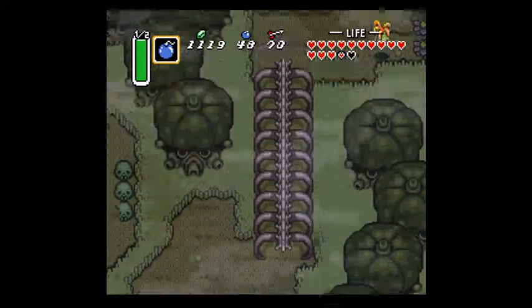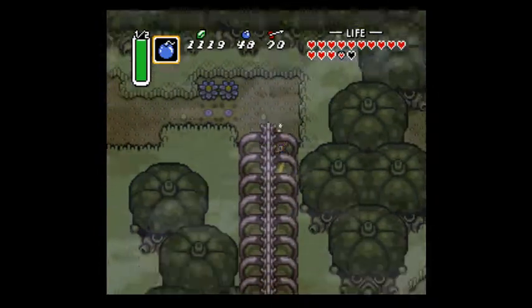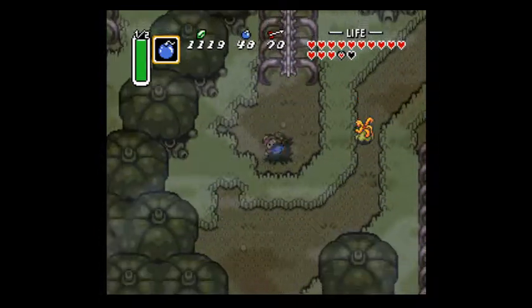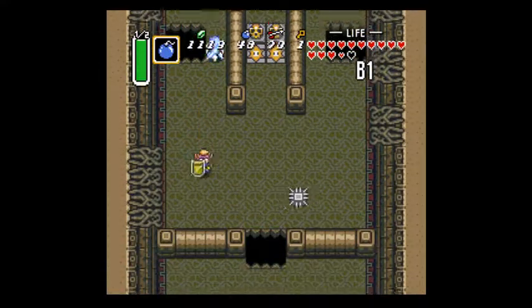Before we progress to the last part of the dungeon, I just want to double check to see if there's not anything in that other area. So, if we fall down here, we can get to the top of the room we were at before. And, yeah, there's nothing here. Just